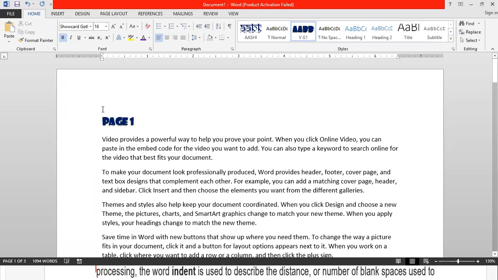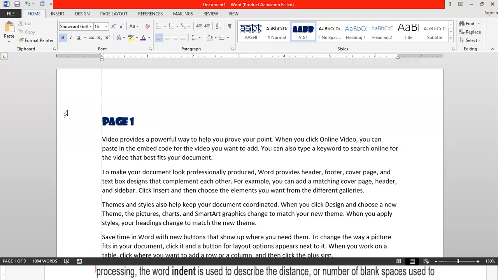So right now, you can see this page. In this, all the text is starting from the margin line only. Just let me bring up the margin line. Now you can see one vertical line going from top to bottom of the page, and all the text in this document is starting from that margin line only. So there is no indent space at this point in our document.